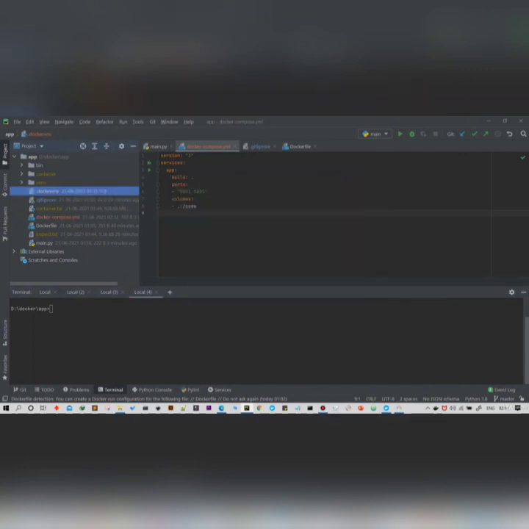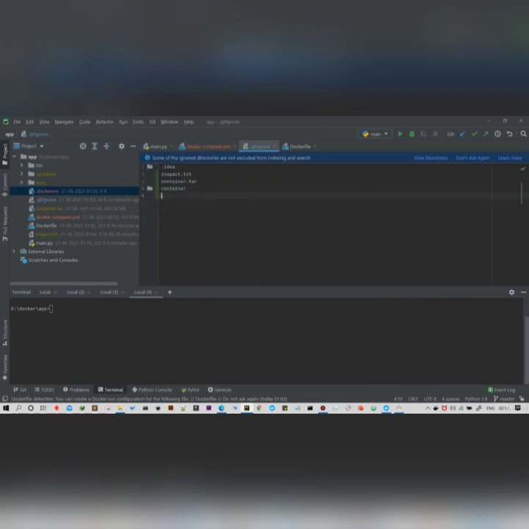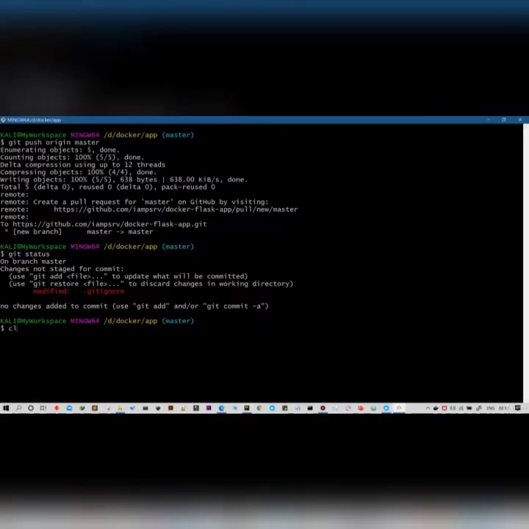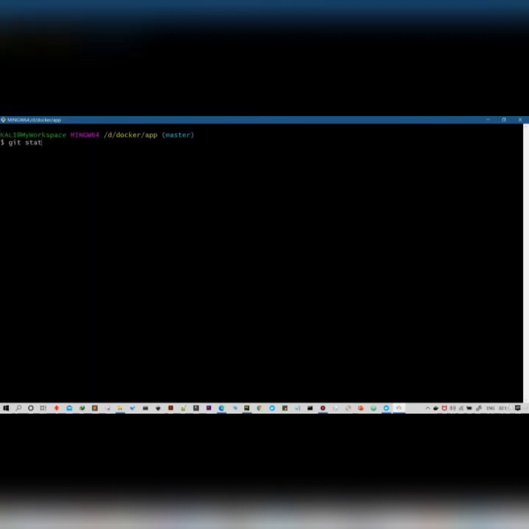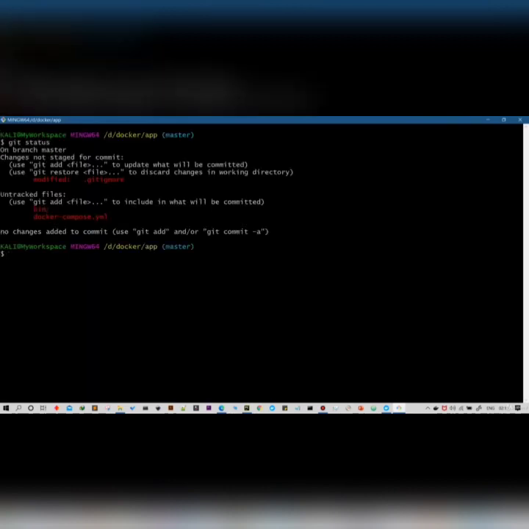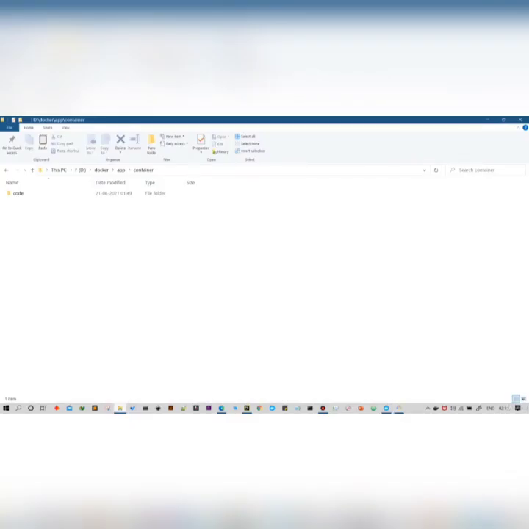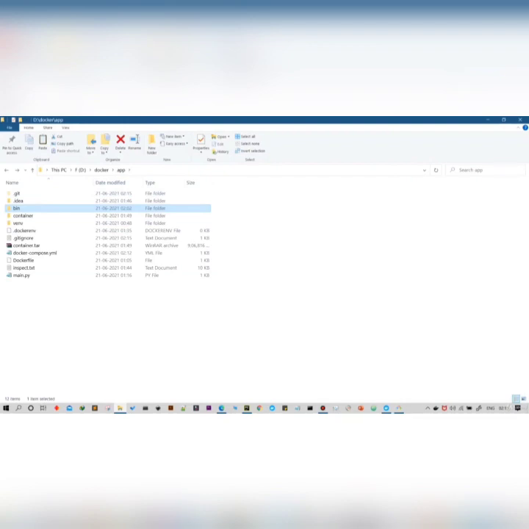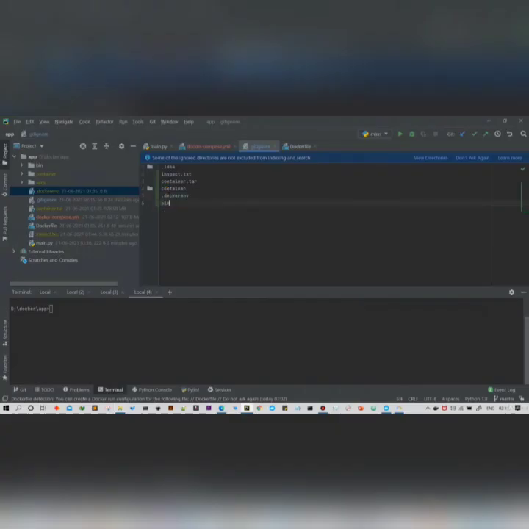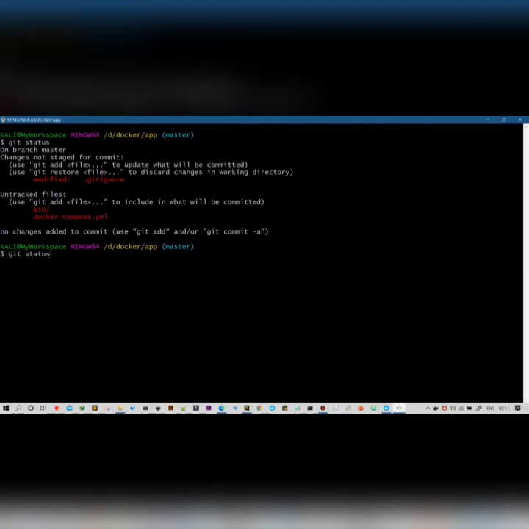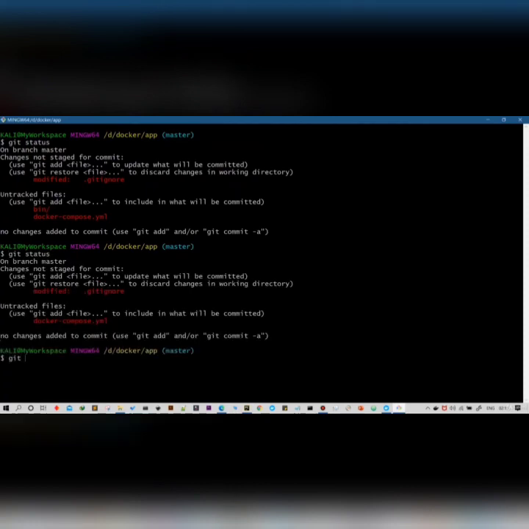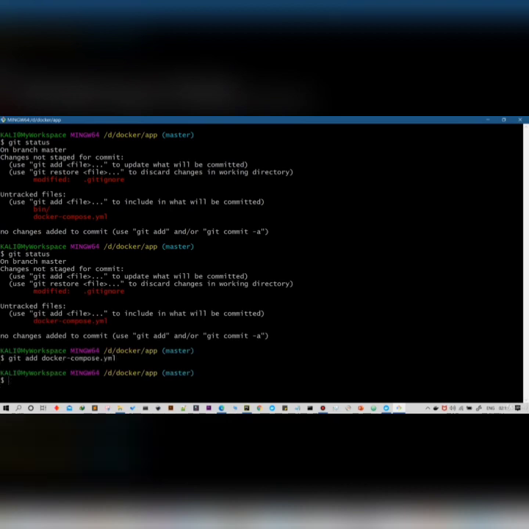At the time when we are building up our Docker image using Docker Compose, some random directories and files will be created, which are not required to be pushed to the GitHub repository. So I'm going to add the bin directory and the build directory into the .gitignore file. Whatever directory is created after this Docker image creation, we're going to add into the .gitignore file so that it cannot be added to our GitHub repository.